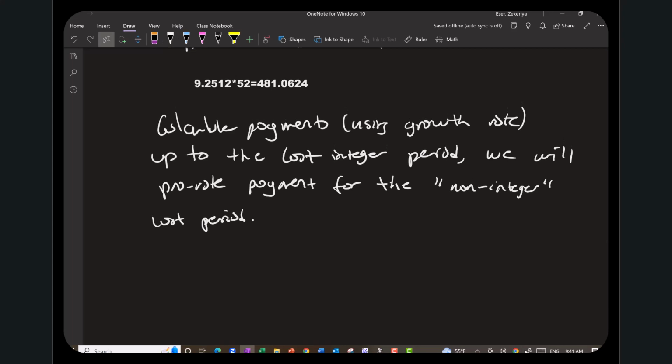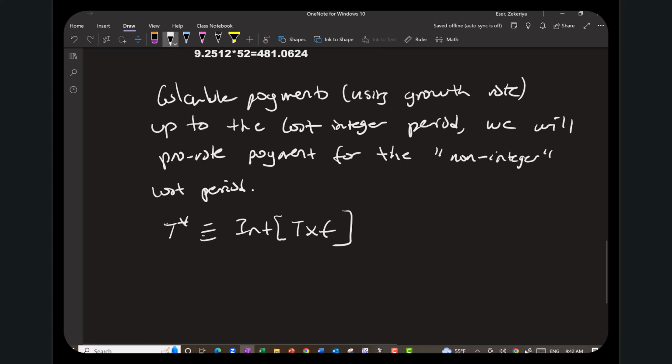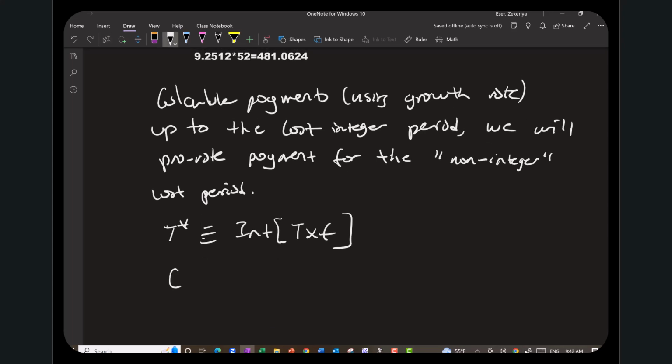So if, let's call T star the integer version of T times F. So if it's 481.0624, T star is 481, right? So the cash flow for T star is gonna be, let's call this